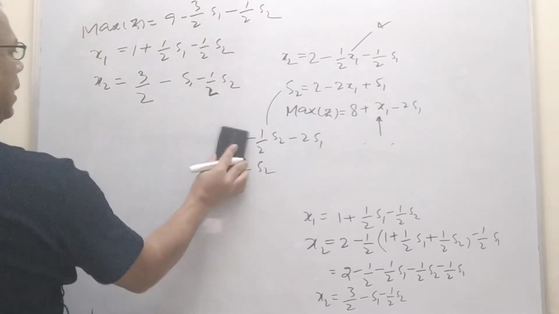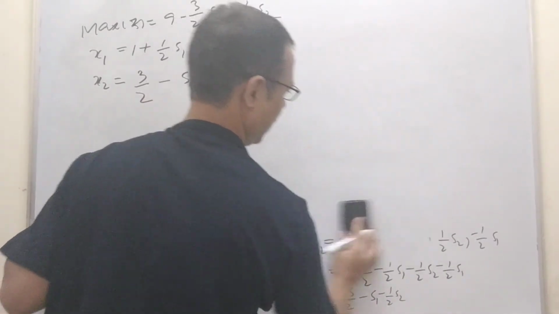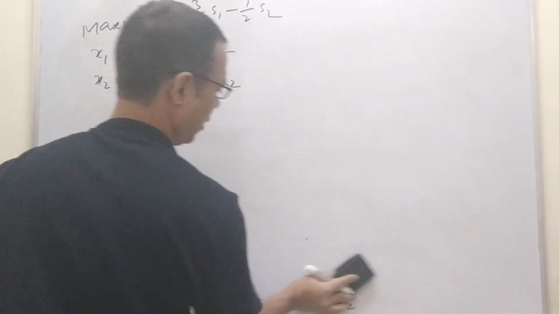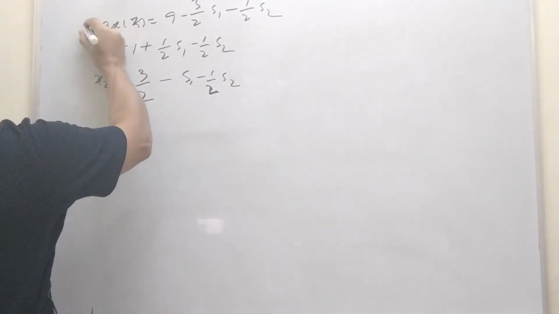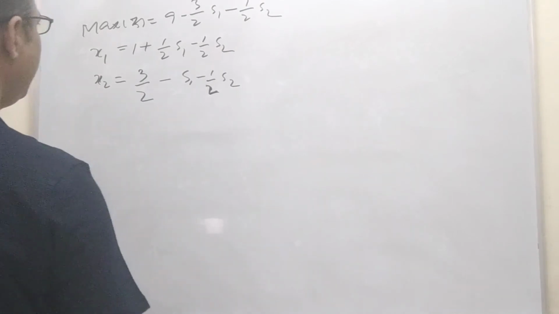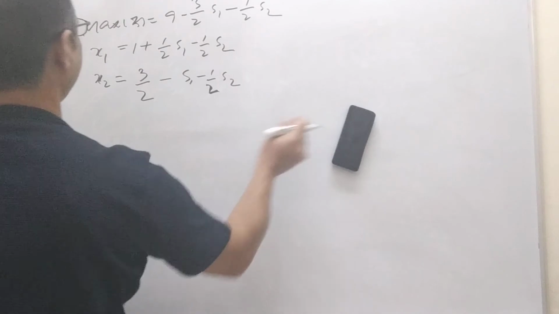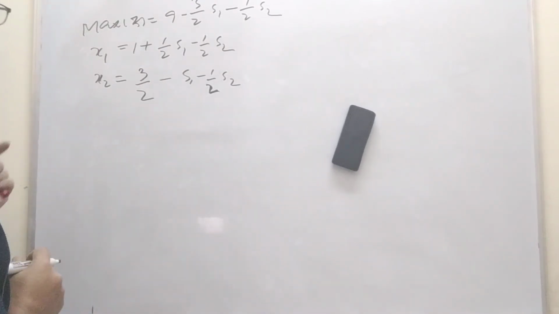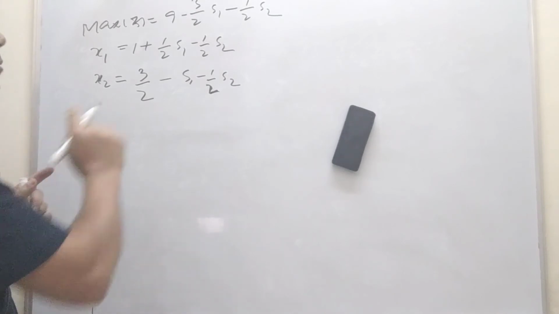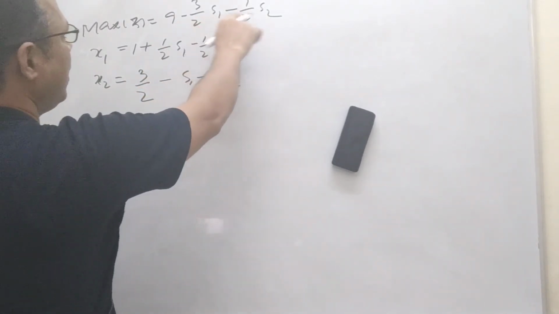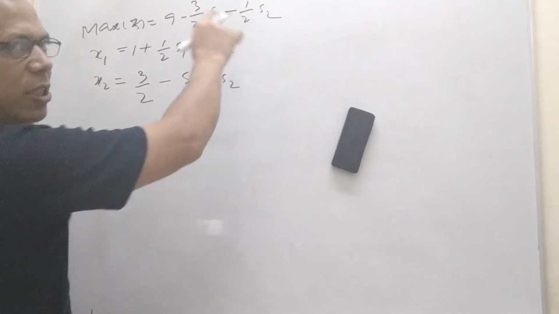So now there is no use of these steps, because these steps have already finished. Now we are going to see these steps. This was the second step. At this step we need to check which variable is going to enter into the basis. From the objective function we need to check the coefficients of S1 and S2, and see which gives the largest positive value.